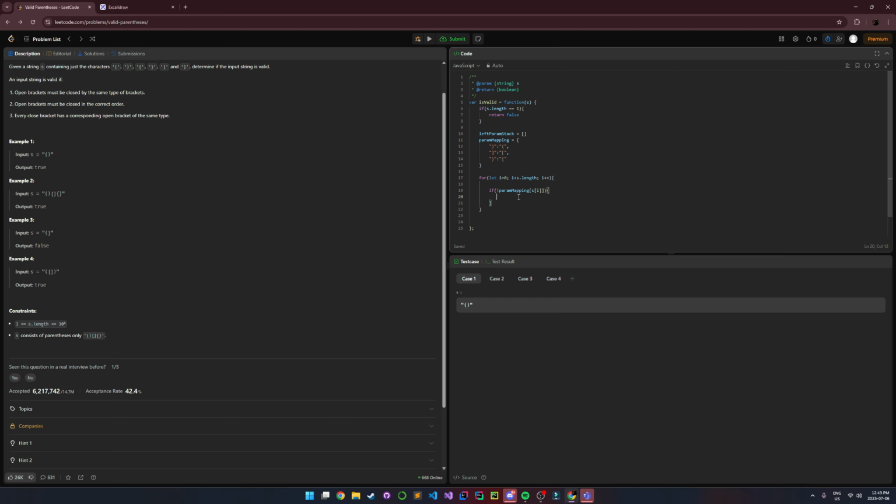Anyway, okay. So if it's not in there, it means that we need to push it to the stack, right? Because these are our opening brackets that are in there. So we need to say leftParenStack.push, and we need to push s at i, right? Because we have an opening bracket. Otherwise, we need to check. So we'll just say let currentOpenParen equal leftParenStack.pop, right? We're just going to simply pop the item off the top, and then if currentOpenParen doesn't equal